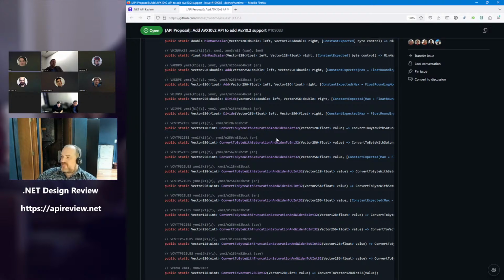So you're still getting 4 inputs in, 4 inputs out. But it does that intermediate step of saying, I want it to saturate to 255 instead of saturating to the int.max value. And so I went with the name, it's long, it's verbose, but it's clearly the two operations we've already defined of widening and conversion. So convert to byte with saturation and then widen to int 32. Makes sense to me.